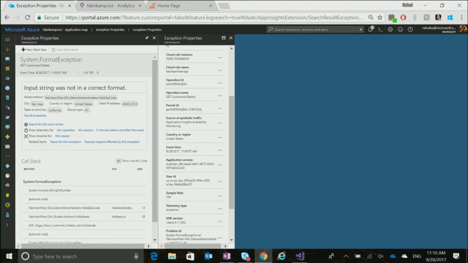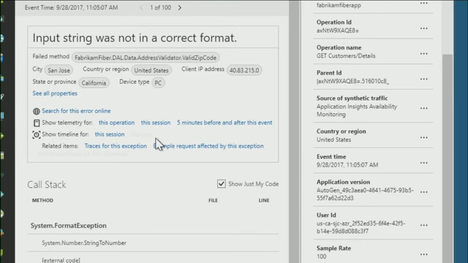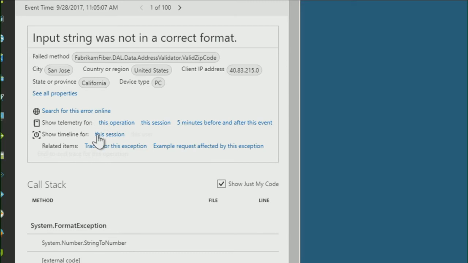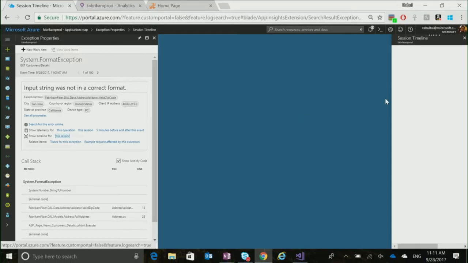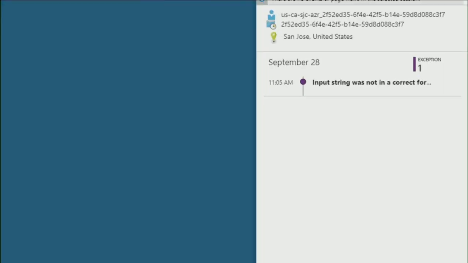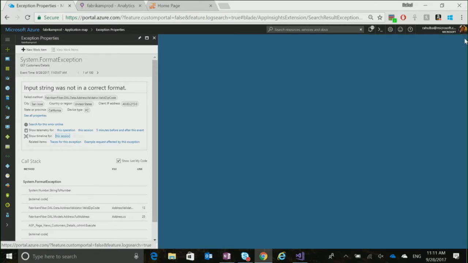We also have available to us, with a simple click, a few common debugging operations that people would typically take when they hit exceptions like that. So for example, maybe I want to see all the telemetry for this operation, or all the telemetry for this session, or 5 minutes before and after. I can also take a look at the timeline for this session, and it will pop up here in a second. This wasn't a very interesting one because this user only hit the one exception. But if maybe they browsed to one page and then clicked a button and then hit an exception and maybe generated a trace, you also have this nice little timeline view over here that would show you exactly what happened. As we keep going down,